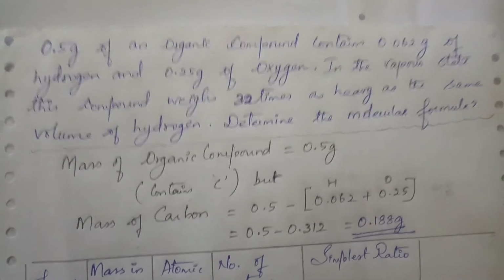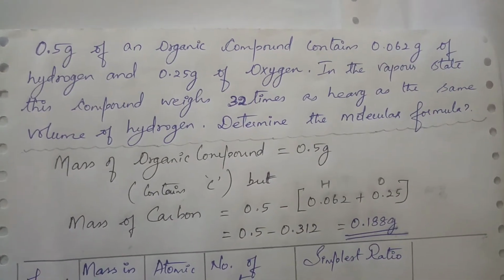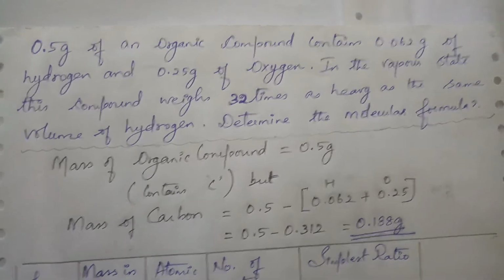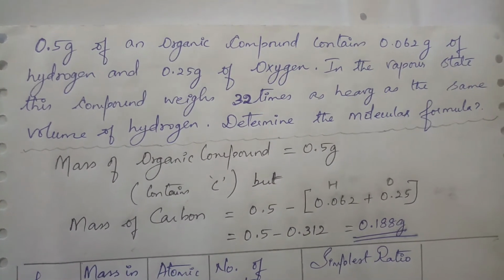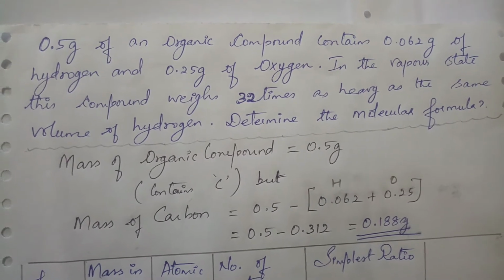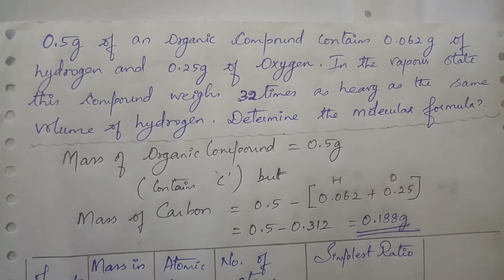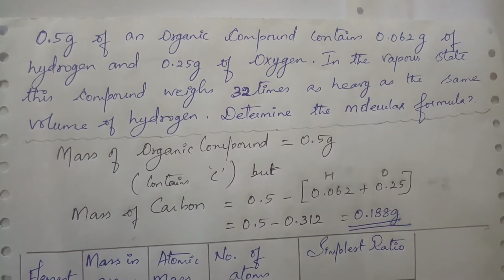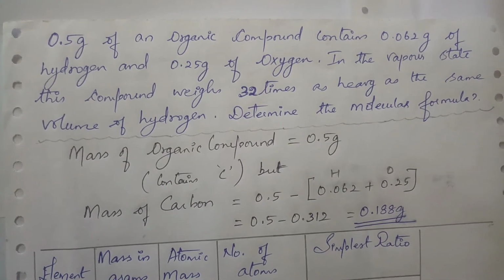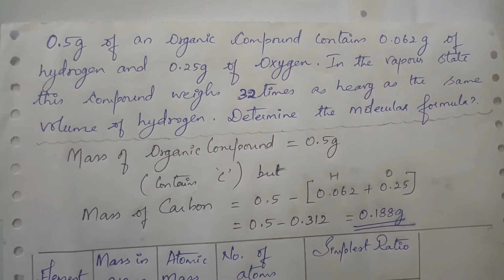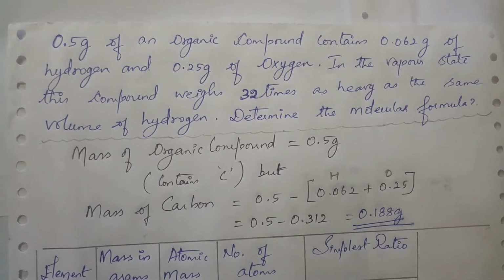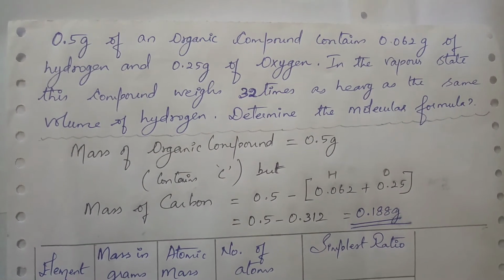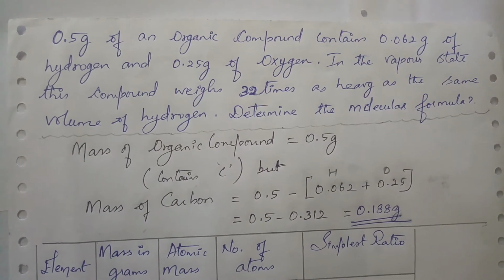Good morning students. In this video I would like to tell you how to calculate empirical formula using mass. In the earlier videos we saw how to calculate empirical formula when the percentage is given. But in this case we are not making use of the percentage. Instead we have been provided with the mass in the form of grams. So let us see how to calculate the molecular formula and the empirical formula of a compound in this video.